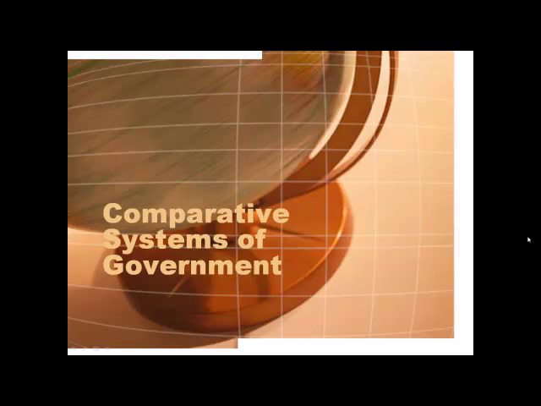The first one that we're going to do is going to talk about comparative systems of government. What I really mean by that is we're going to be talking about different options that we have when we choose what form of government we want. Now, not all of those forms are going to be things that you get to choose. Many people are in forms of government that they do not want, and so we want to make sure that we have an idea of the different options available.